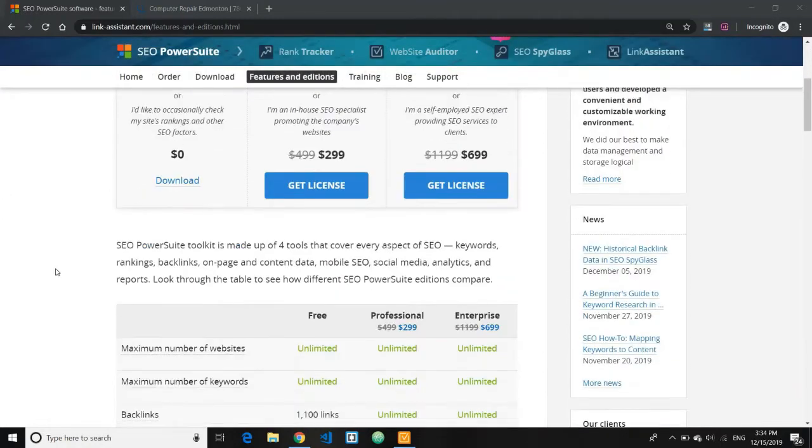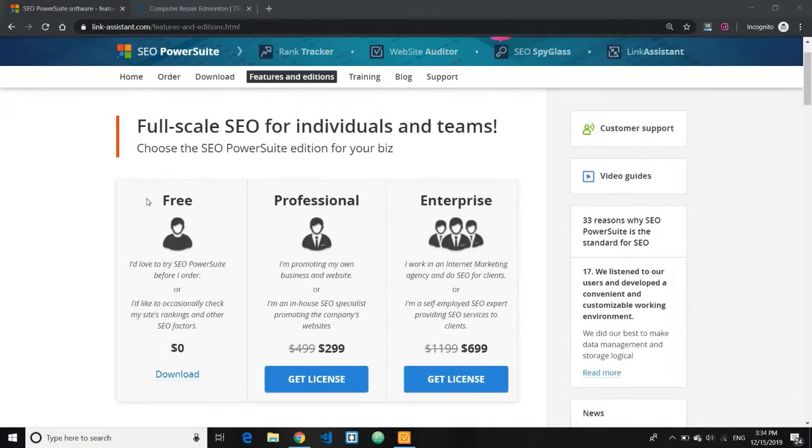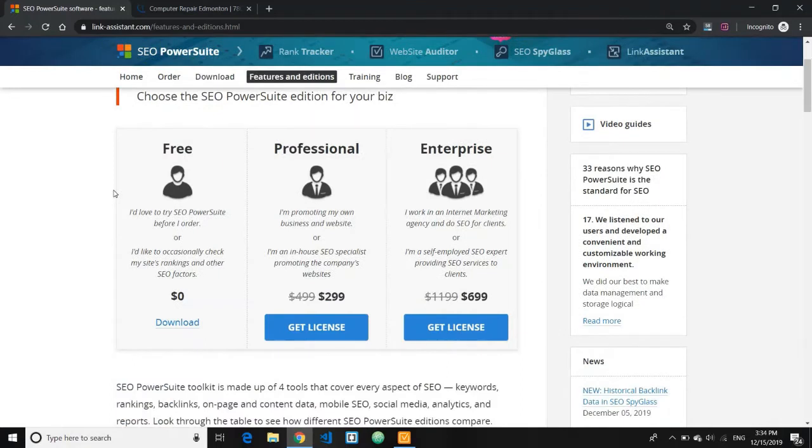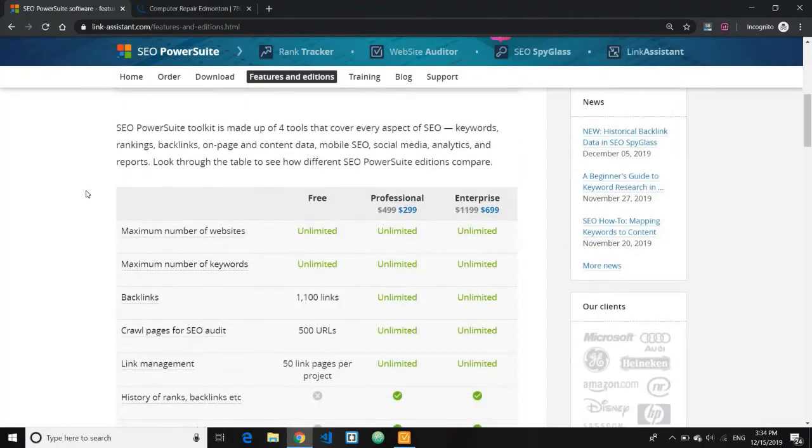There are three versions of this tool. The first one is the free version, where literally you don't have to pay for anything. Then comes the Professional package, where you have to pay $299, and then the Enterprise package at $699. And Christmas is coming, so they're running a 70% off, so make sure you check them out if you would like to buy their products. But even the free version works very well. In fact, I'm also using the free version. So let me go through a little bit of the free version's